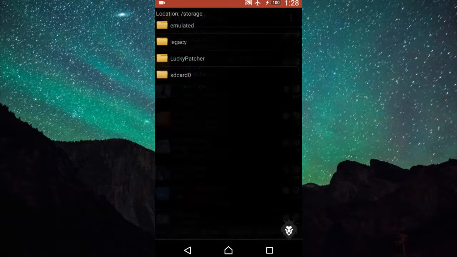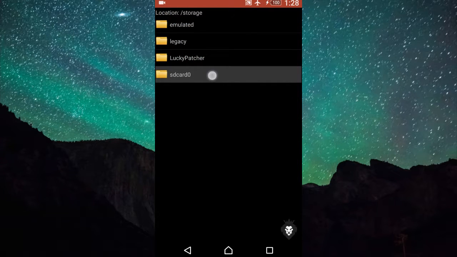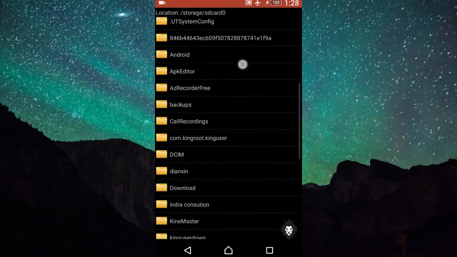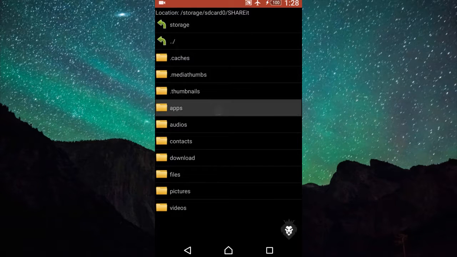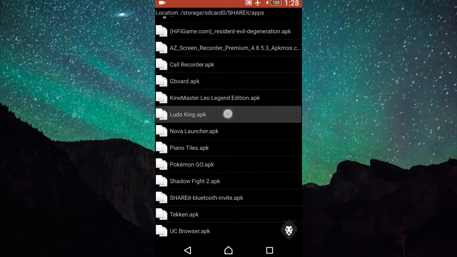Now click on the Rebuild and Install section. And then open the APK file in which it is located. When we come to root, you should check that the root is properly installed or not. You can also check the root with the Root Checker app. Now I am using an example ludoking.apk file.